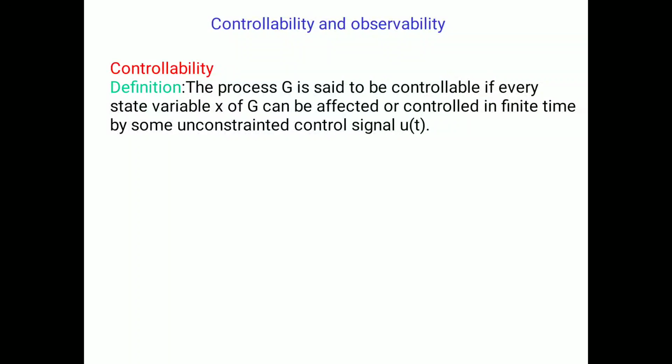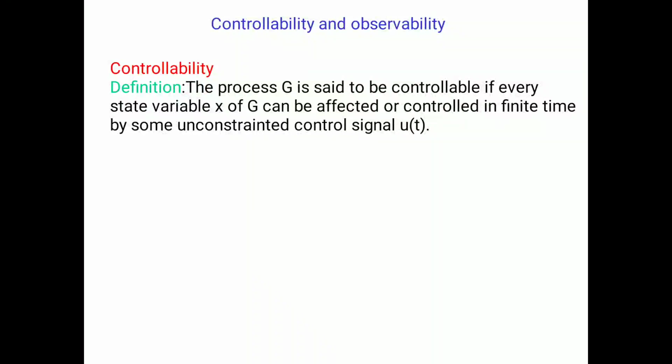The next important concept in the state space analysis is the controllability test and observability test. We check these tests with the help of the various matrices. When the state space equation is given, you need to find out the controllability test and observability test for the state space equations. The rank of the matrix for controllability should be equal to n. Some specific criteria are there for controllability and observability that we'll see.